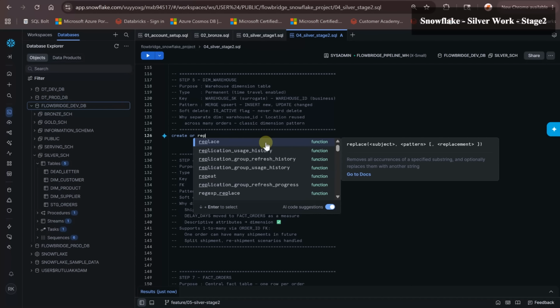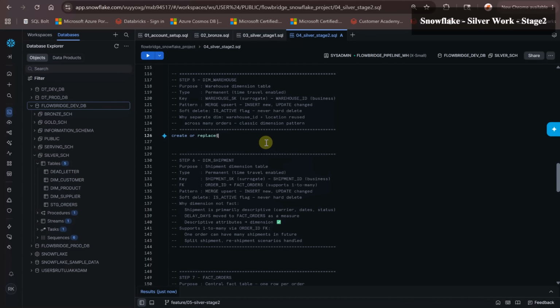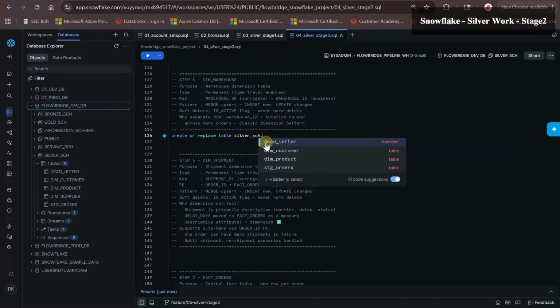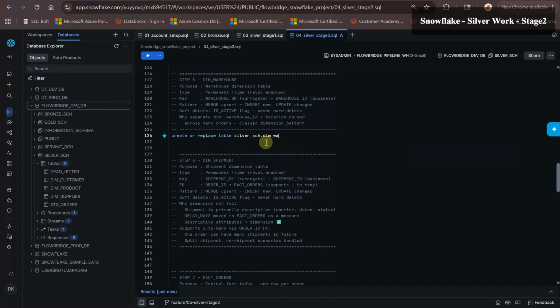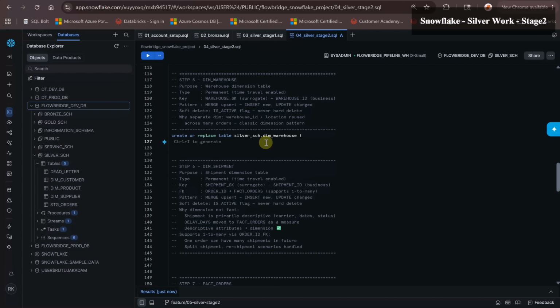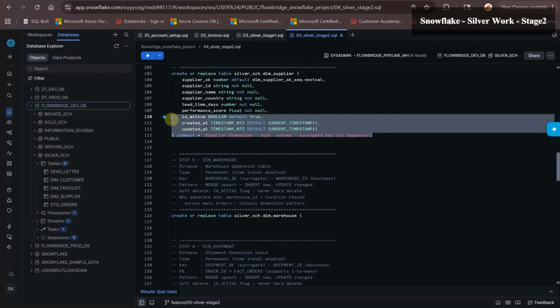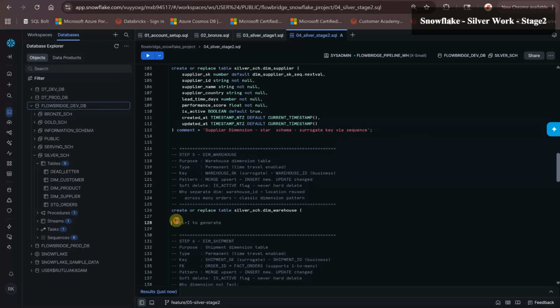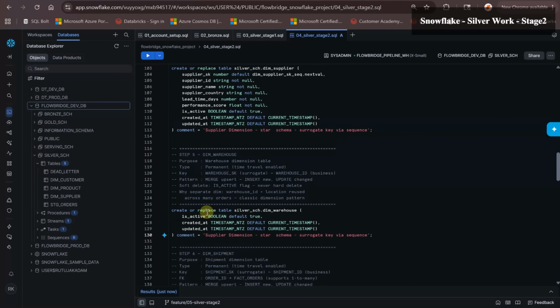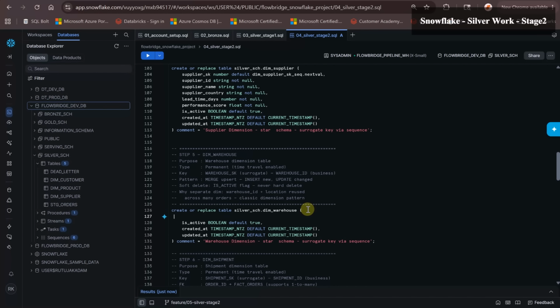Create or replace table name, then we'll mention the last three column names along with the comment. Here we'll say warehouse dimension. Now our surrogate key comes here, which would be warehouse SK